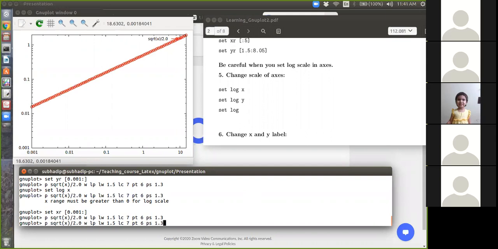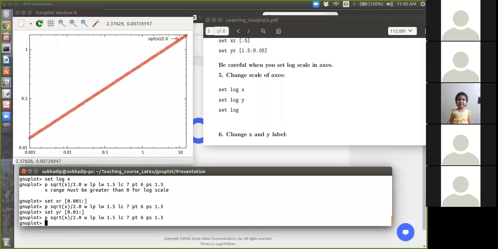For a clearer view, I should use the Y limit from 0.01 because this space is wasted. Okay, it looks good.